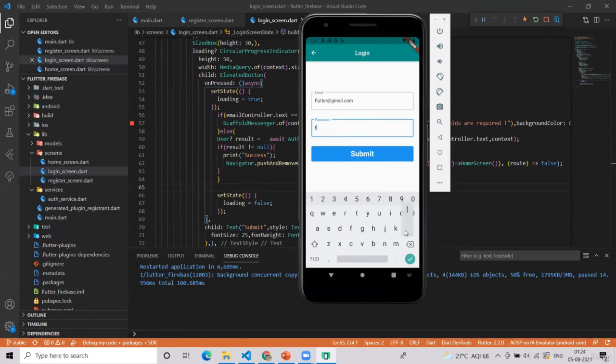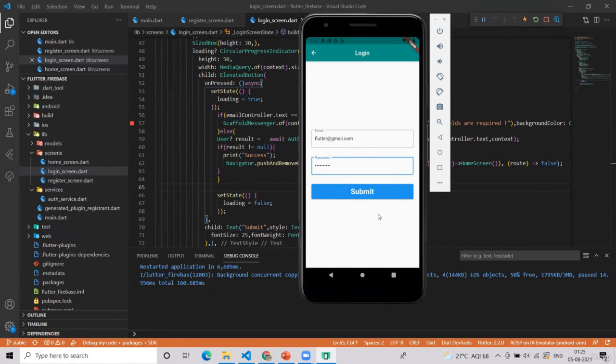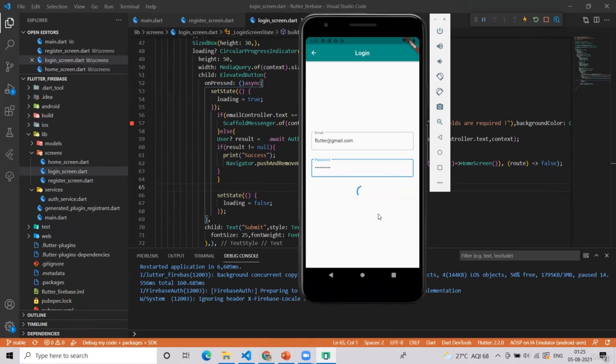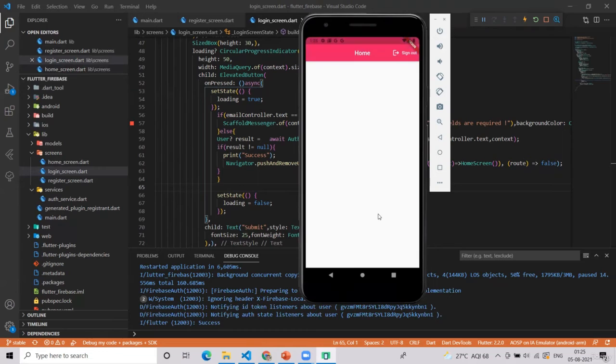Now let's see, give the correct password. Okay. Click on the submit button. See, hooray. It's working so nicely that we are directly sent to our home screen here.